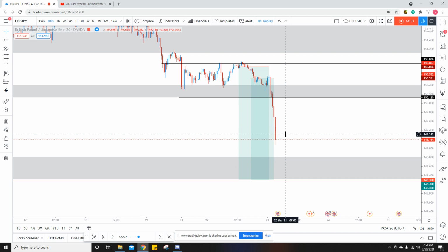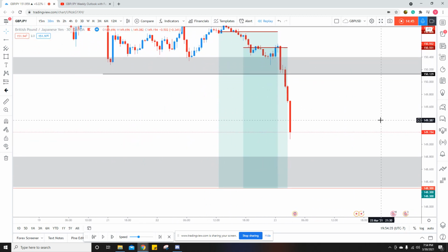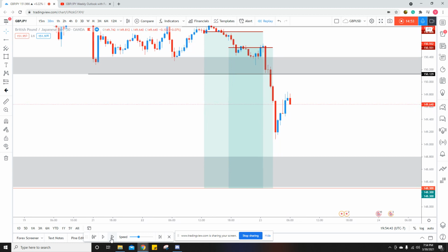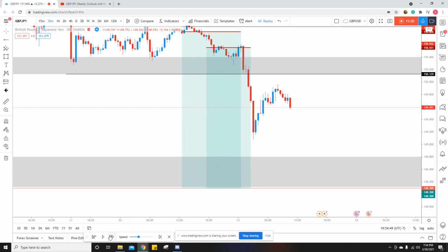And when price starts consolidating here, that's also when I start looking into, should I take partials or should I just close out the entire trade? And I ended up closing out the entire trade because, again, I did not want to be part of that consolidation that we'll see here shortly. So we see a pullback, we see consolidation, and then price continuing back down. So I look for another scale-in opportunity